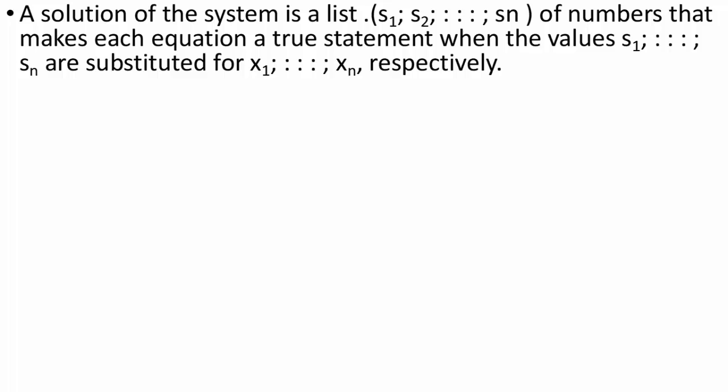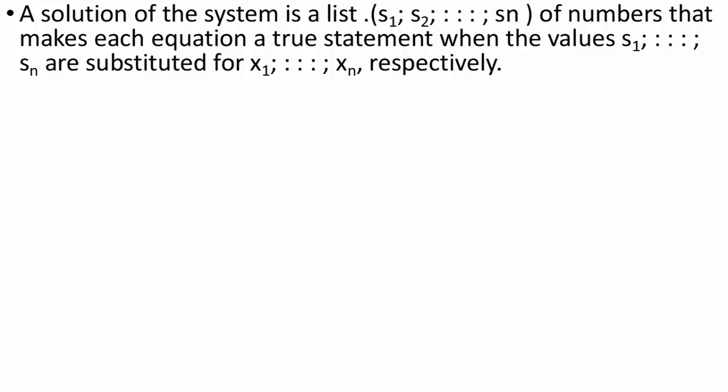That means if a system in n variables is given, then the list s1, s2, s3, ..., sn of numbers is called the solution of that system if every equation is satisfied